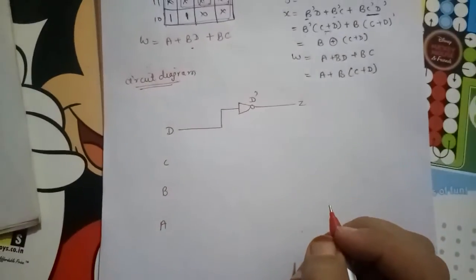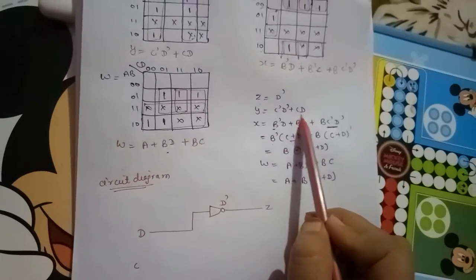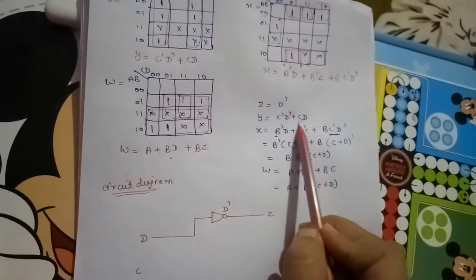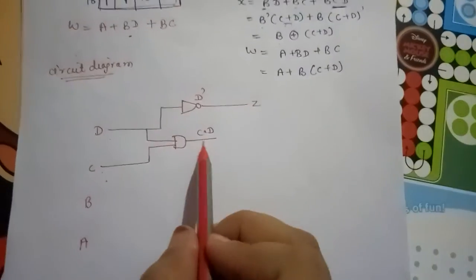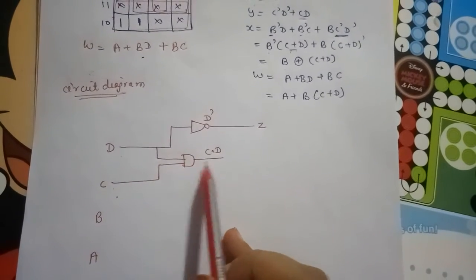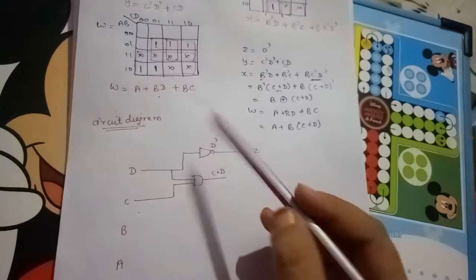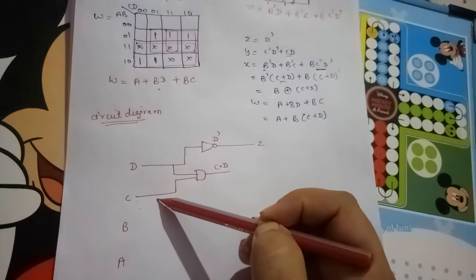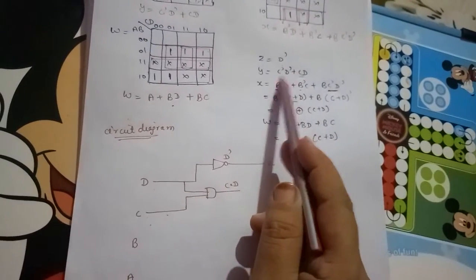Then to have the output for Y, we need what? C D and C bar D bar. So for C D we have to take an AND gate because it has a dot in between. So for C and D we will have an AND gate. The AND gate is here, with the D input and C input, and it produces C D. Now we have to take the value C bar D bar. So if we add these two variables and take the complement, then we can have this particular expression.